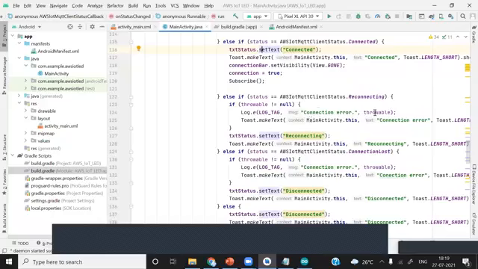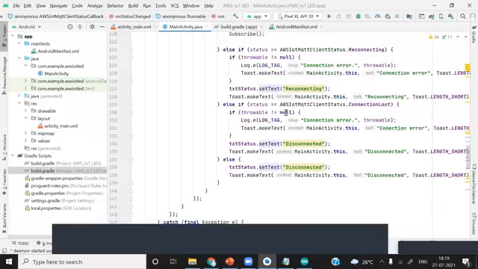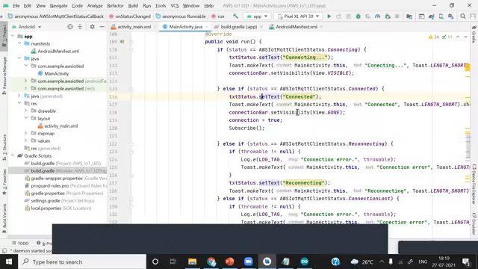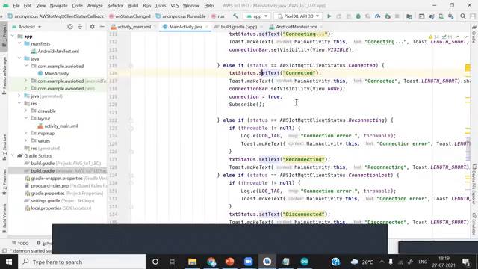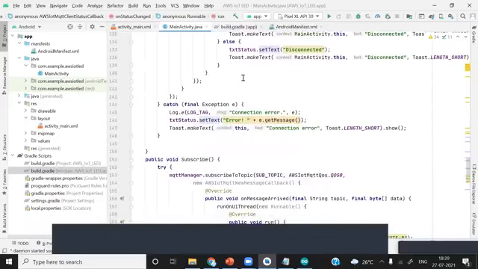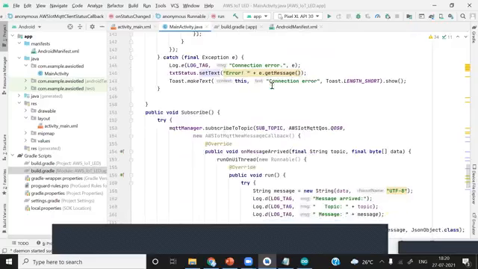Okay, if there is some problem, it will try to reconnect, all these things, disconnected, connected. Okay, you can just check. I will just not go through this. These are the 2 points that were important: reconnecting and connected and connecting. That's it. If there is any connection error, it will just give this error as connection error.